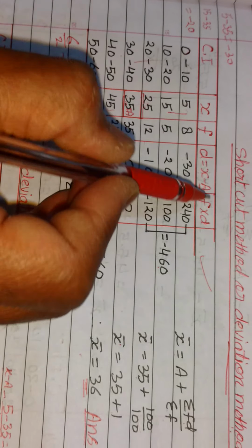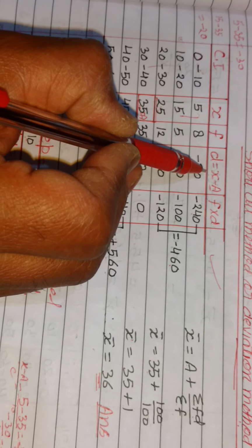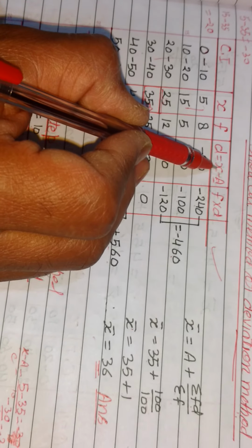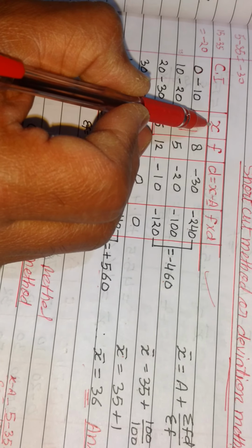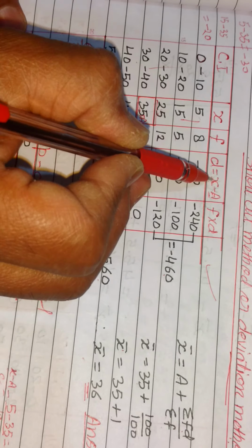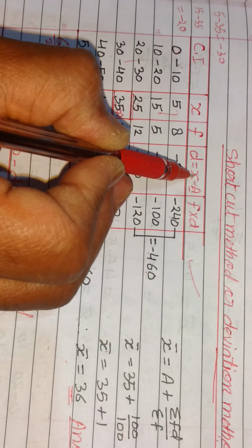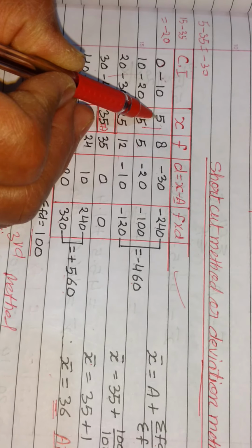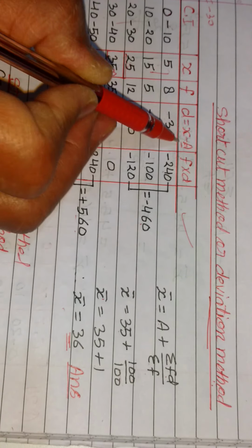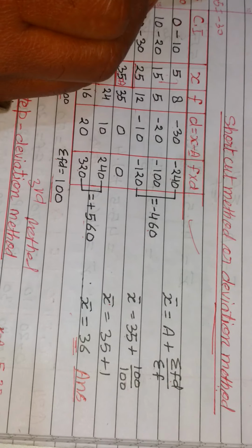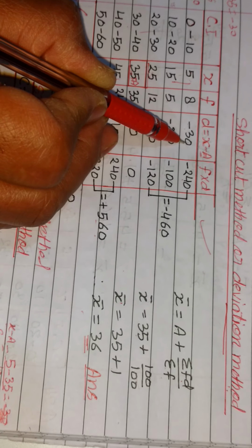After getting A, we get X minus A. And you know how to find X minus A. We take these values of X one by one and substitute them here. First we take 5. See, 5, X is from here. X is 5, minus A, we got 35. 5 minus 35, minus 30.